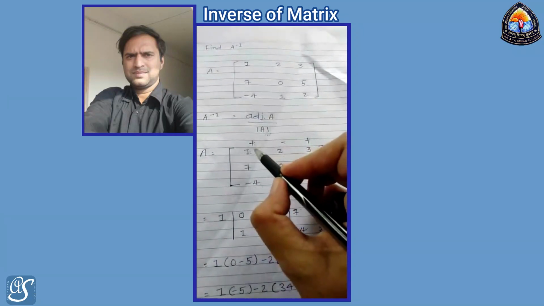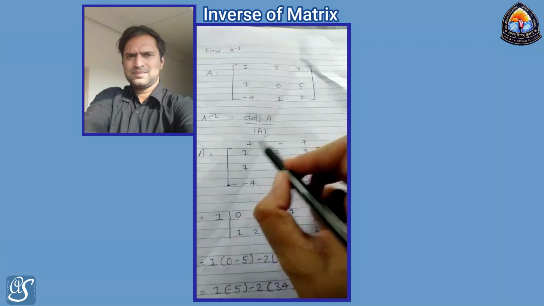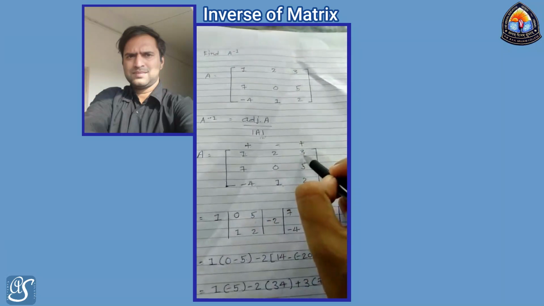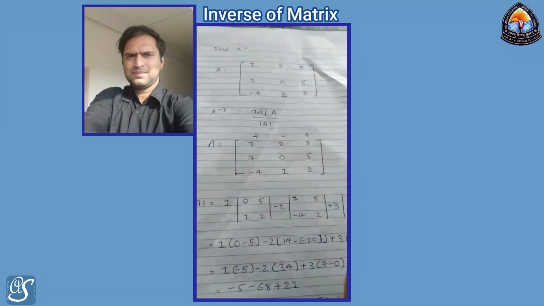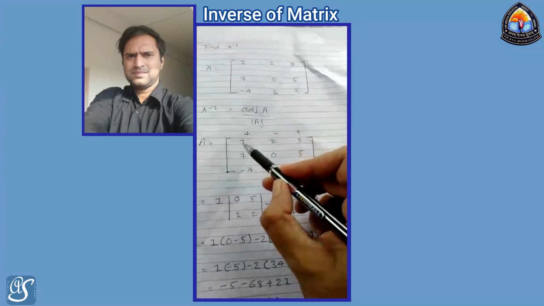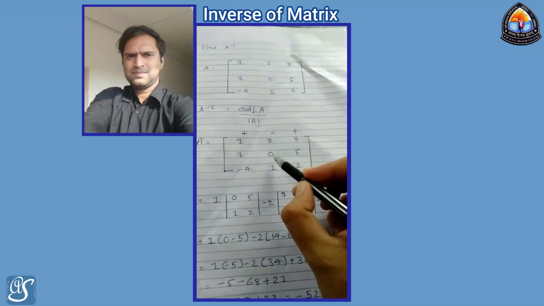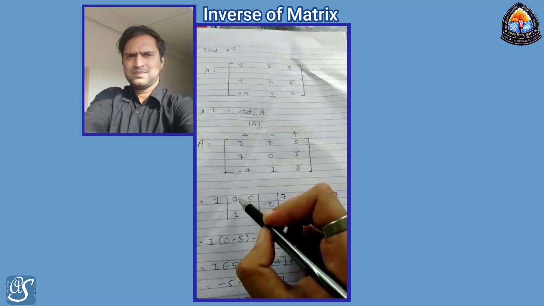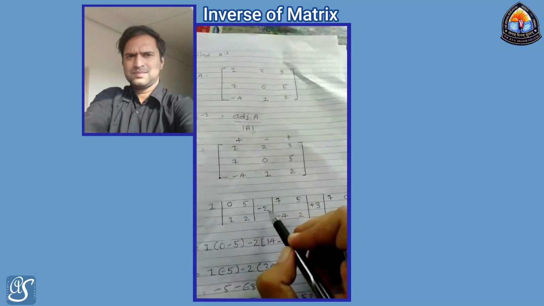So A is equal to [1 2 3; 7 0 5; -4 1 2]. Put the signs plus, minus, plus. So 1 has a plus sign, 2 has a minus sign and 3 has a plus sign. Now to find the determinant of A, start from 1. Hide the column and row which belong to 1. The remaining numbers are 0 1 5 2. Arrange here 0 1 5 2. 2 has a minus sign, so minus 2.